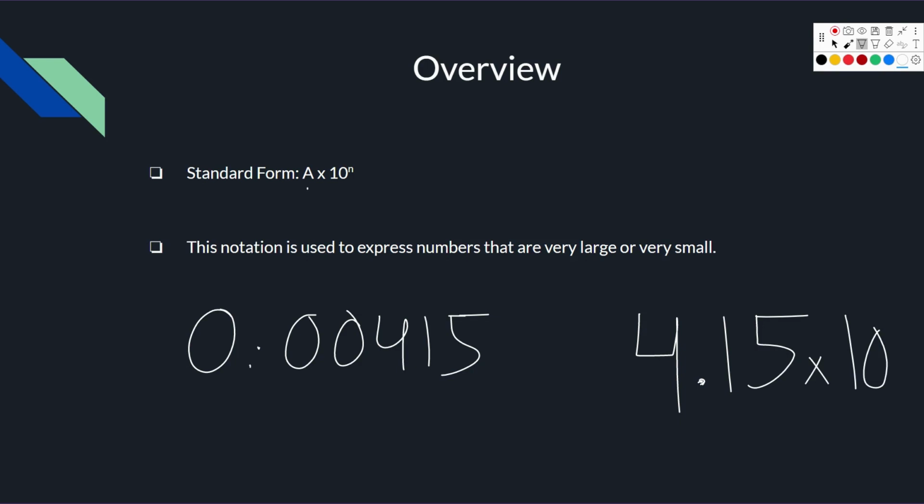Now, let's basically see how this works. The decimal point went to the right by 1, 2, 3. So it's going to be 10 to the negative 3, since this is going to be a very small number. So you can sort of figure out that when it's a very small number, it's going to be negative for this value of n, which is the exponent. And one more important thing to note is that,